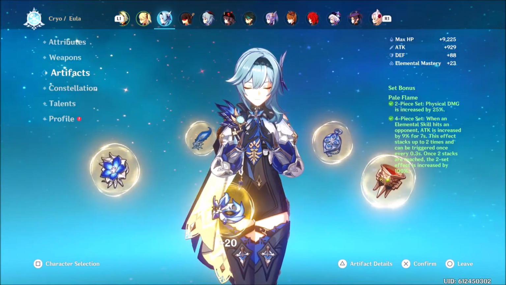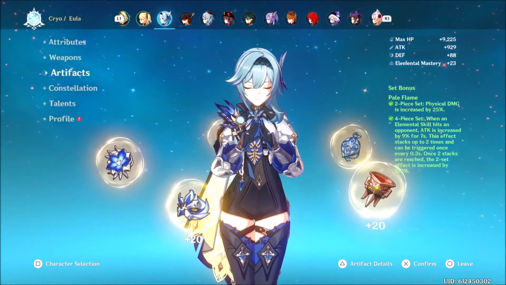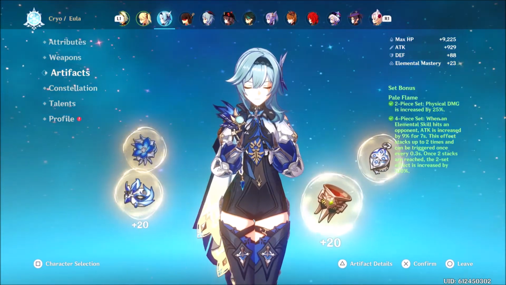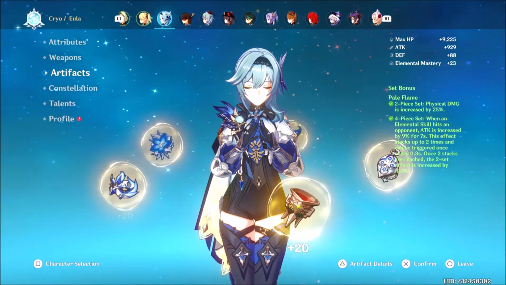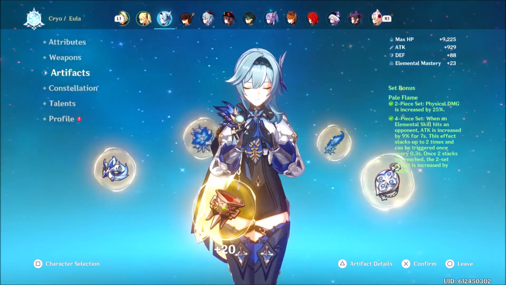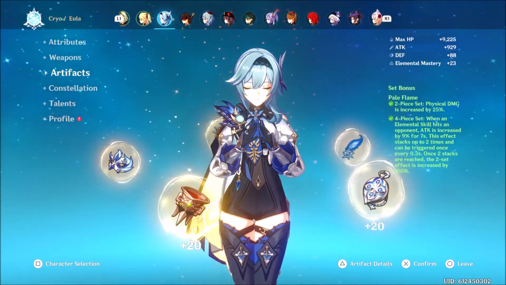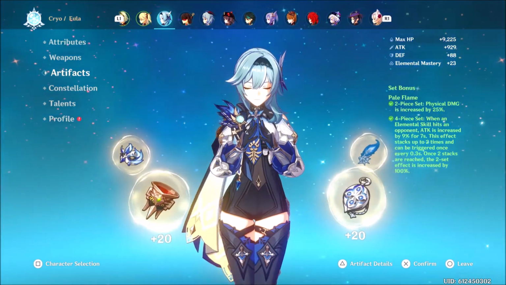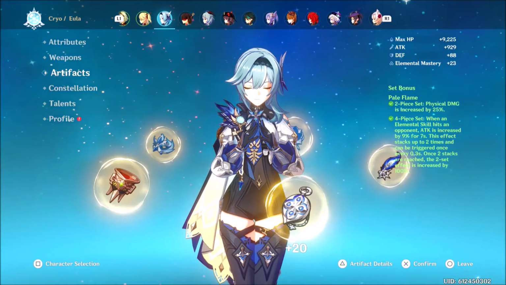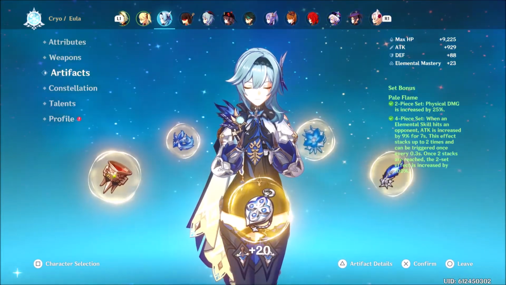9% for 7 seconds. It gets up to 18% once you stack it 2 times. Then you double the original bonus, so you get 50% physical damage once you've hit them with 2 elemental skills. Bam! You can just keep doing it within the 7 seconds. Keep doing it, and you'll keep an 18% extra attack bonus and a 50% physical damage bonus,